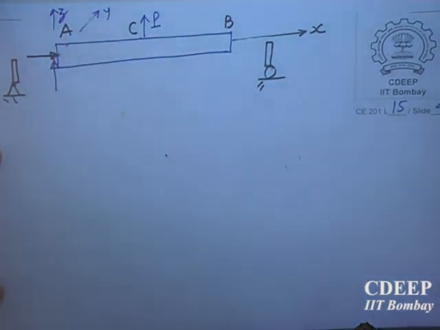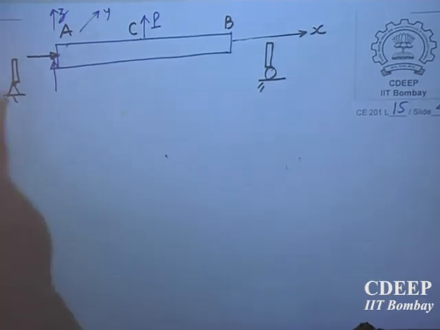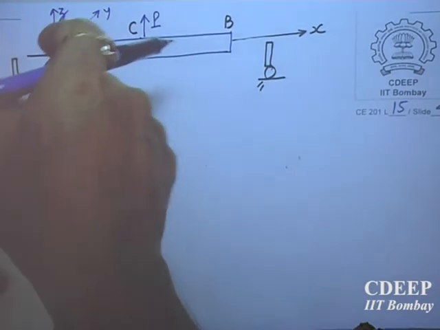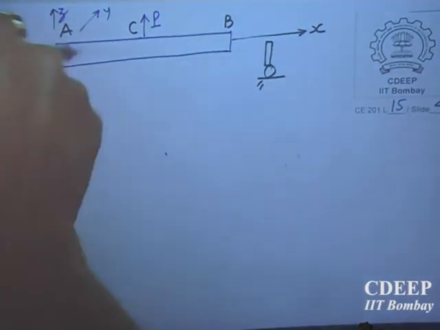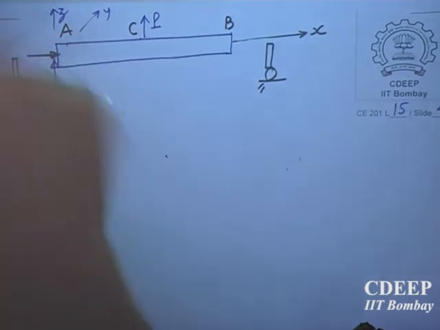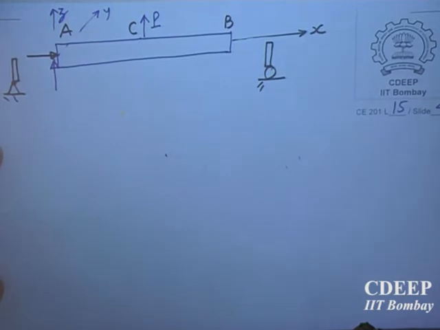It is free to rotate. So no torque, no twist, no bending moment. Of course, there is no question of any torque here, but no bending moment here. No moment will exist because it is free to rotate. Hinge means the hinge can rotate like this. So if there is a freedom, there cannot be any reaction.